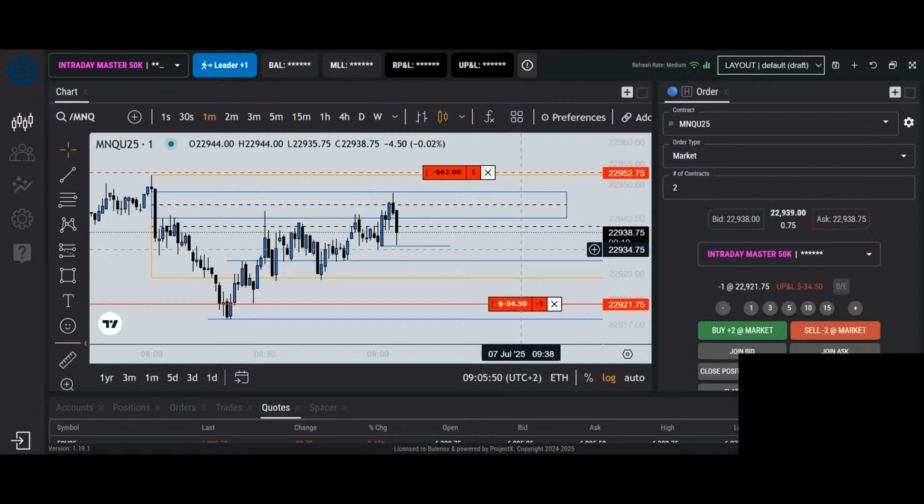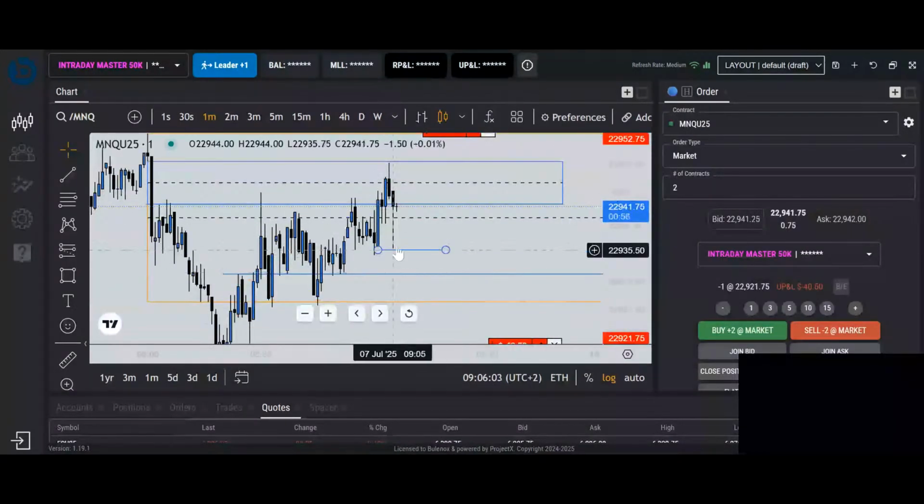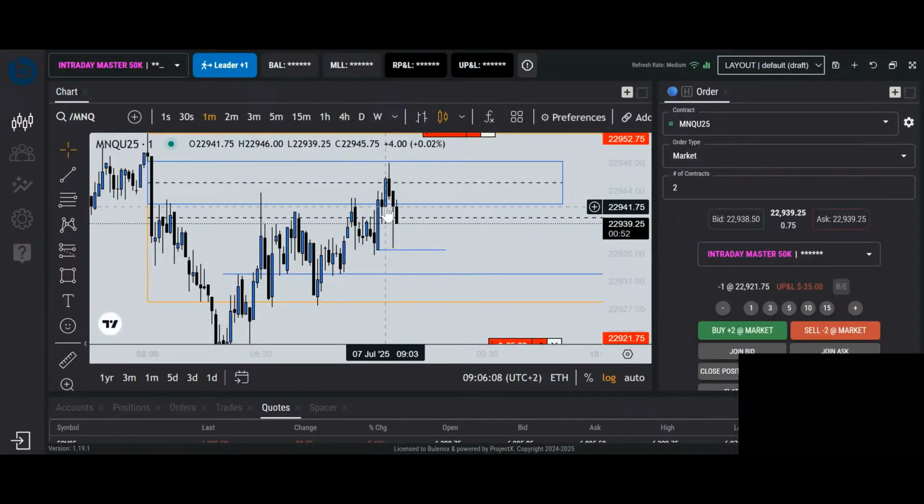We always need to be patient until the candle is closed to know exactly what's going to happen. Because in the beginning it looked like it was going to go under it, and actually it did not close under this candle yet, so this fair value gap that was created still holds.